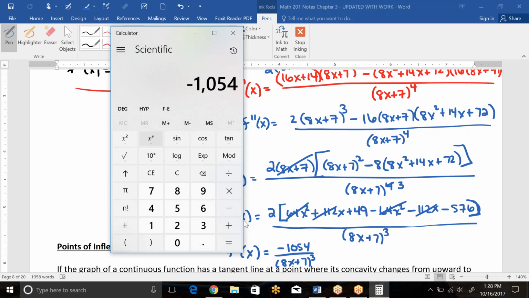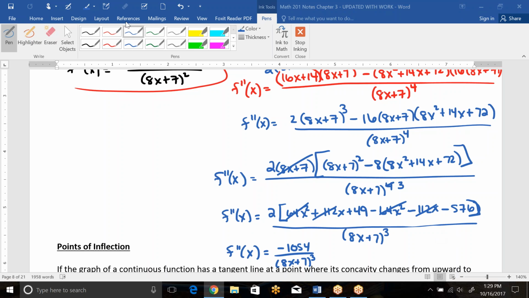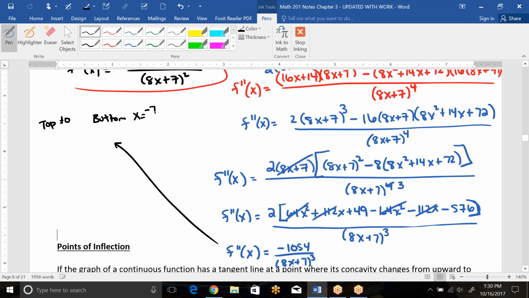Okay, so let's look at what we have. Okay, so remember these possible places where we're looking at, does it go concave up or concave down, is either where the top equals 0 of the second derivative or the bottom. So the top can never equal 0. So I'm going to kind of go over here and do my chart. So top does not equal 0. The bottom would equal 0 at the undefined, remember, discontinuity. So at x equals negative 7/8, we have something undefined. Okay, we still put that in our chart because we could be concave up and concave down on either side of that. So negative 7/8